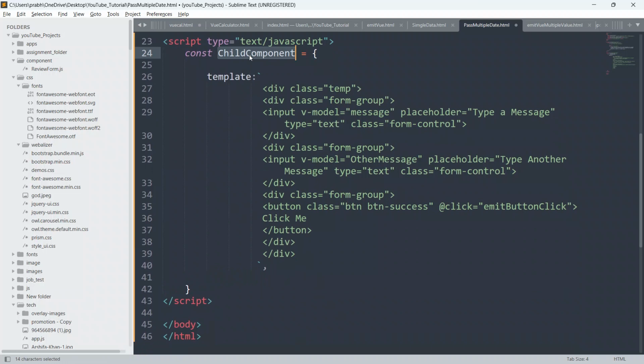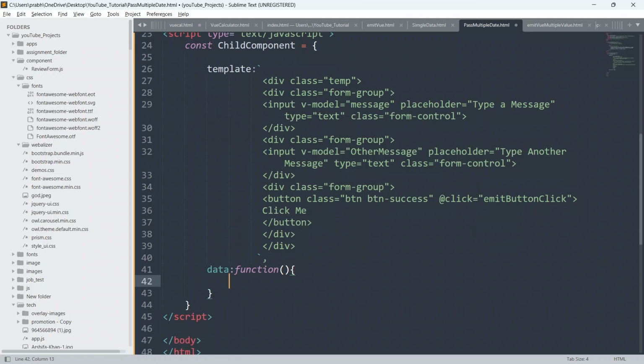Always remember, guys, each and every one of these can have its own: template, lifecycle hook, created methods, computed methods, and methods. So I'm going to define one data function also. I'll say data colon function, put opening and closing parentheses, and opening and closing curly